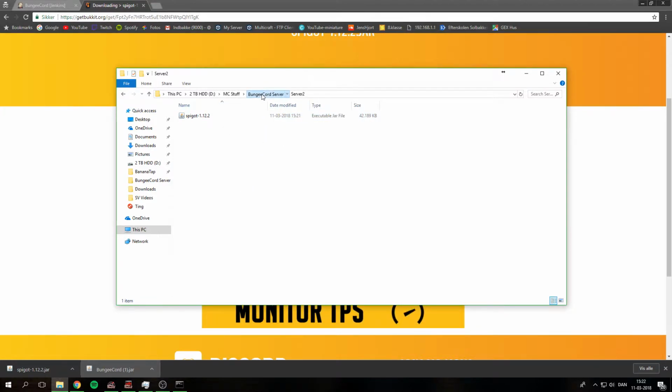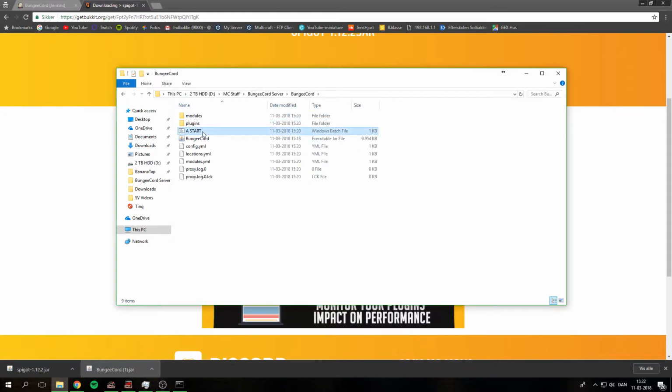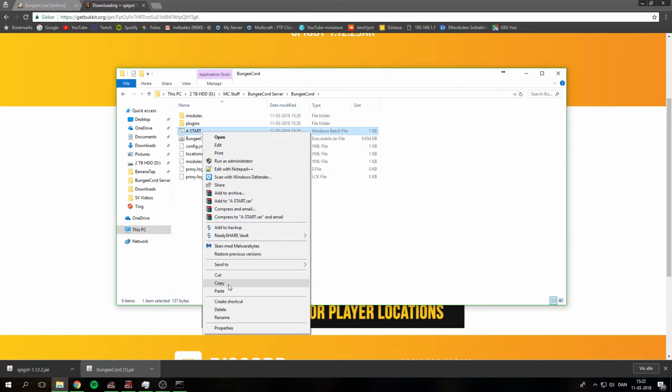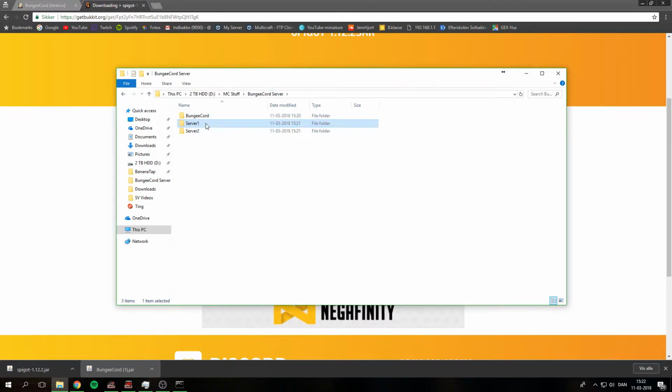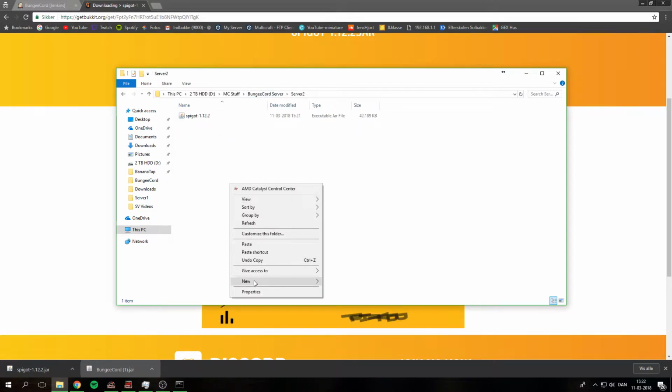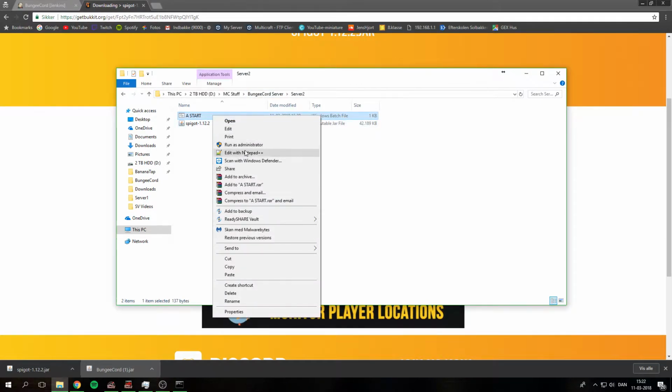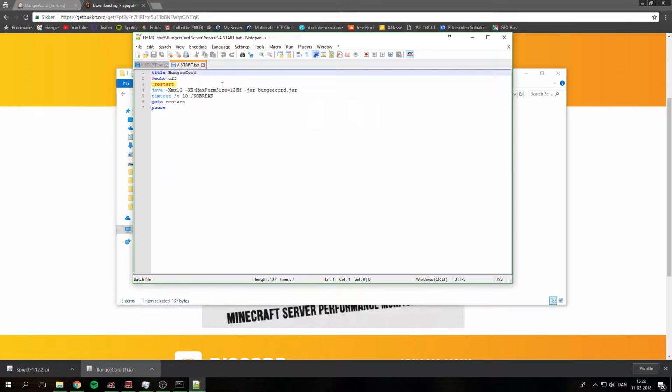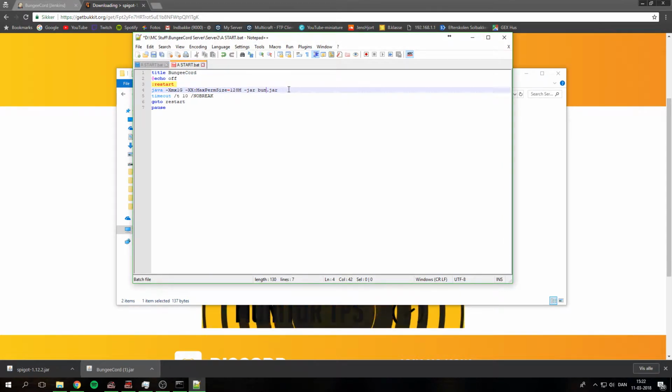No, we can actually just leave it. Now I can copy the file, this file up here. So I can do copy, and then go to this, paste, go to this, and paste. And now I need to redo these. Not complete it, but I'm going to change it to spigot-1.12.2.jar, and then I'm going to give it